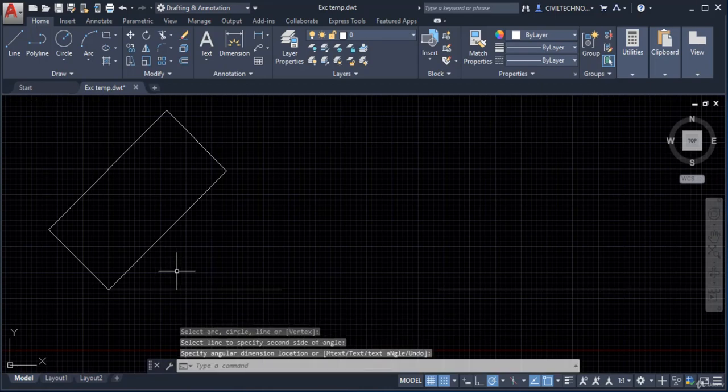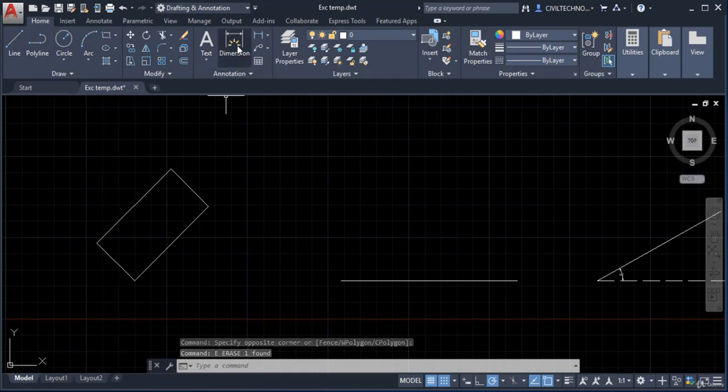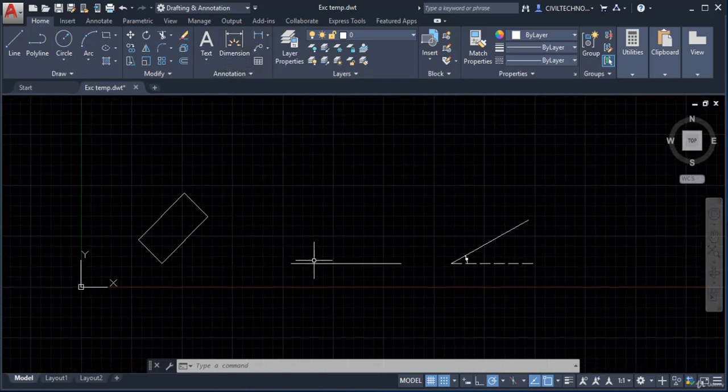Now let me escape from here. We will learn about these dimensions in great detail in the next tutorials, okay? So don't worry about this. Again, I want to rotate this line. As you can see, this is also completely horizontal, so it will rotate along this axis, okay? This x-axis, and when I give an angle, it will rotate along this.